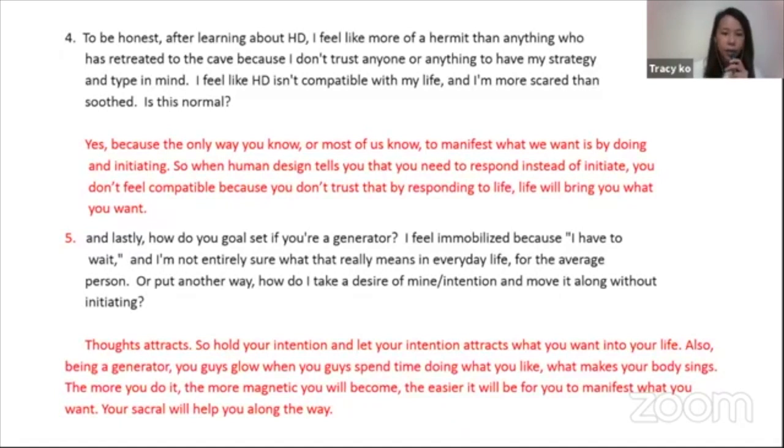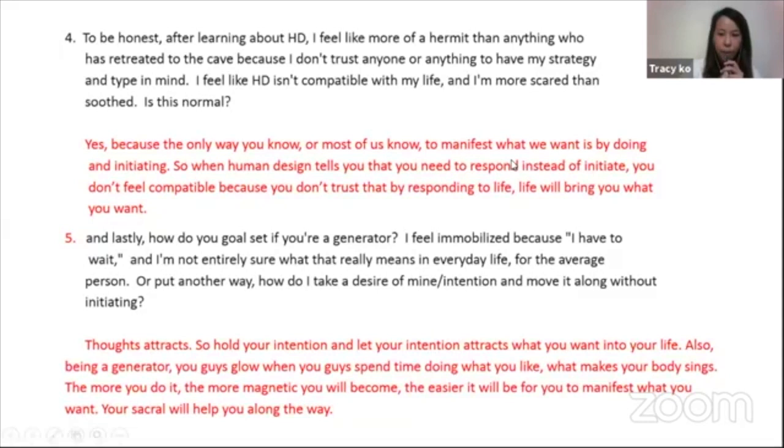And lastly, how do you go about it if you are a generator? I feel immobilized because I have to wait, and I'm not entirely sure what that really means in everyday life for the average person. Or put another way, how do I take a design of mine and intentions and move it along without initiation? So what I really would recommend you to do is to spend all your time and